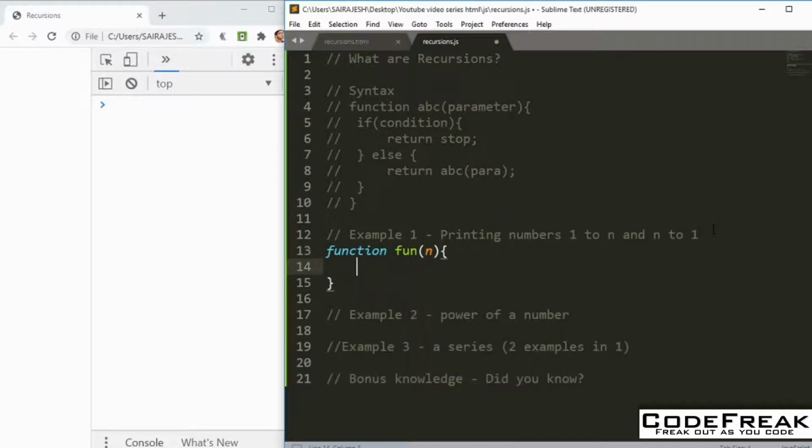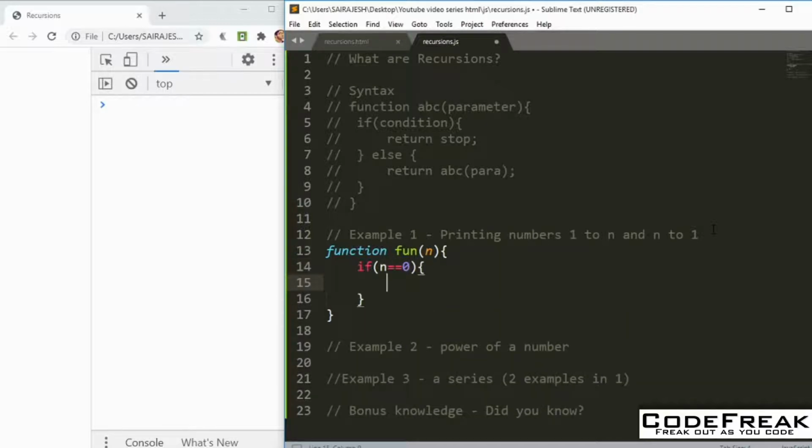All right, so now if n is equal to 0, then you want to stop. How do you stop? It's very simple. You can just return 0 or something like that.